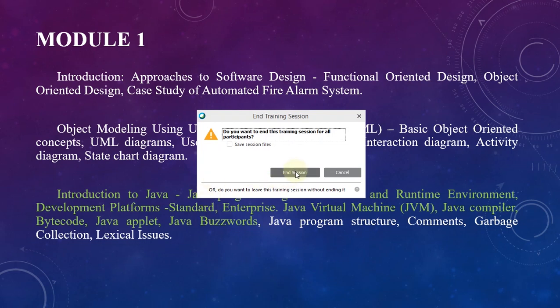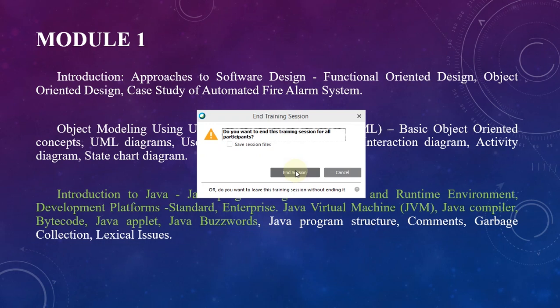Clear? Once you end the session, all the participants will be automatically left. Okay, they will have no more place in our training room. So they will also lose their connections. But in Meet it doesn't happen like this. Once you have ended the session, all of the other participants will also be left out from their training room. So I just click on end session. It is very necessary that the teachers must go for the end session.